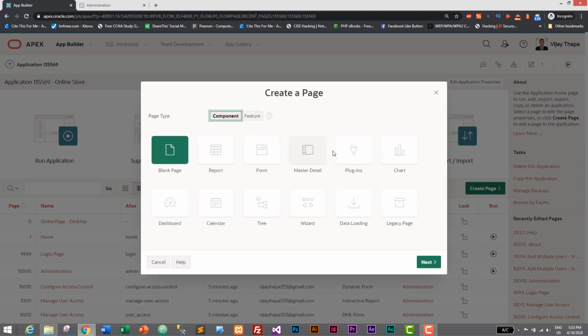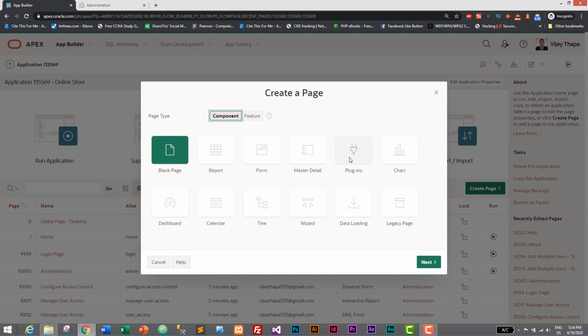Here you have different components inside the create page section, like blank page, report, form, master detail, plugin, chart, etc. Report is simply displaying the data inserted in the database. It will display in a table. And form is like in other applications where we have forms to add or insert data. Whereas master detail can display data from multiple tables in the same page.